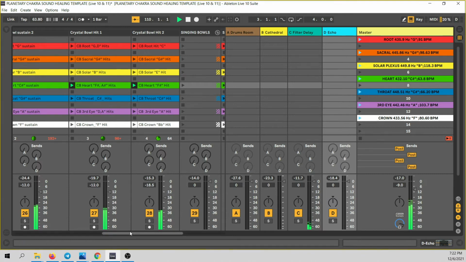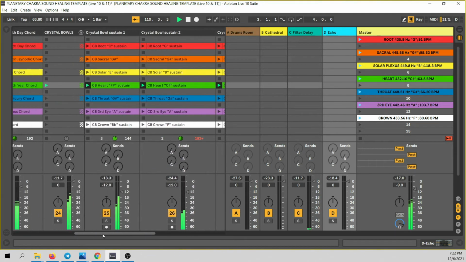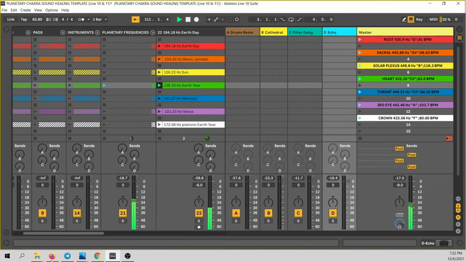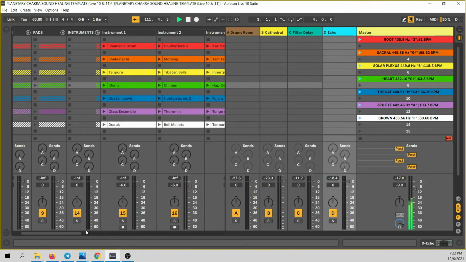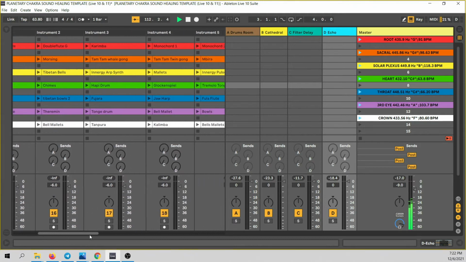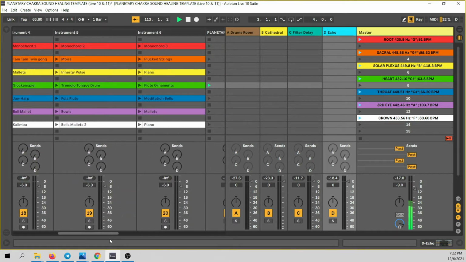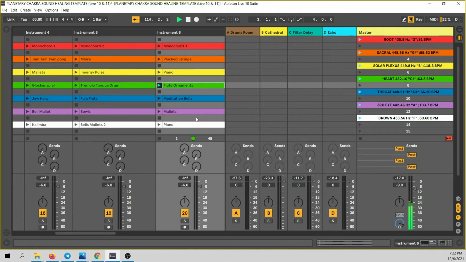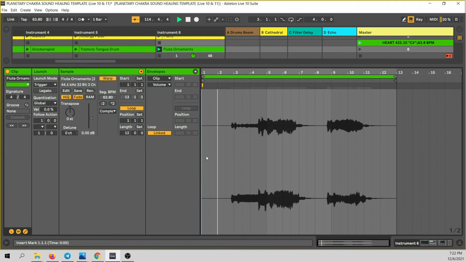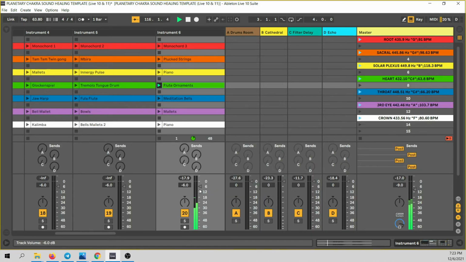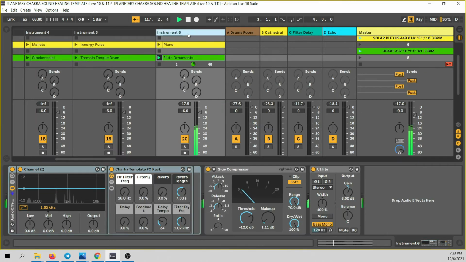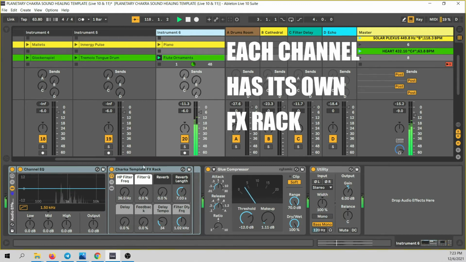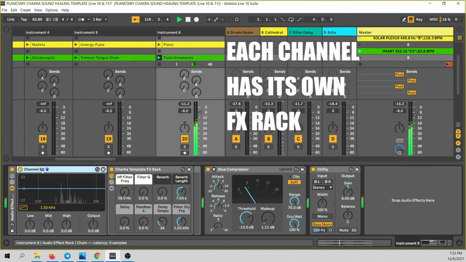But that's not the only way to create effects. Actually, let's go into the instruments section here, to the sound journey. We can maybe see what we have here. Maybe some flutes. And as you can see, they're also not starting right away. This is also, again, to create variety. So if I double click on this channel here, you will see that each channel has a channel EQ,